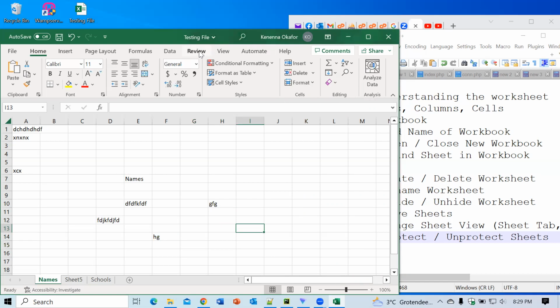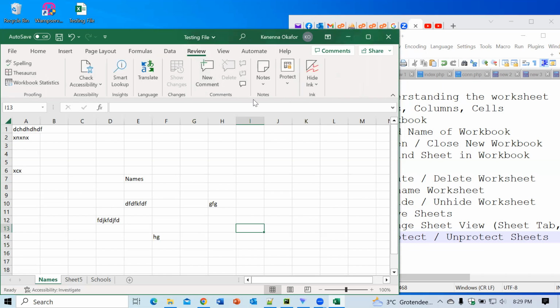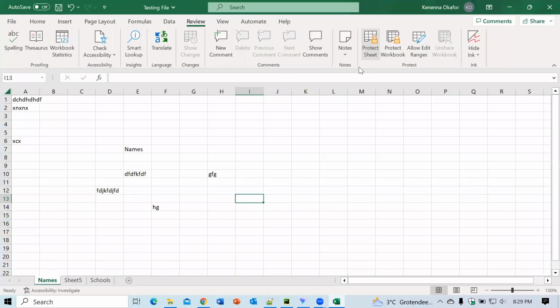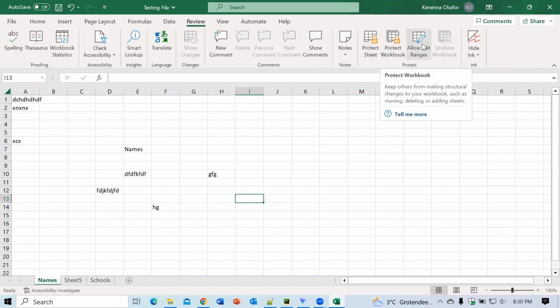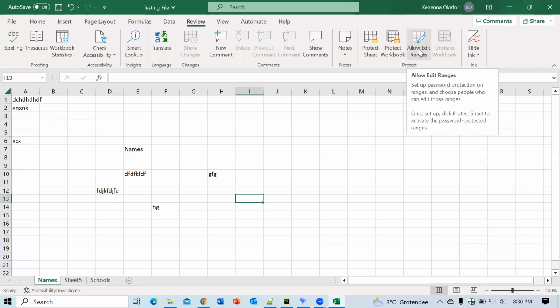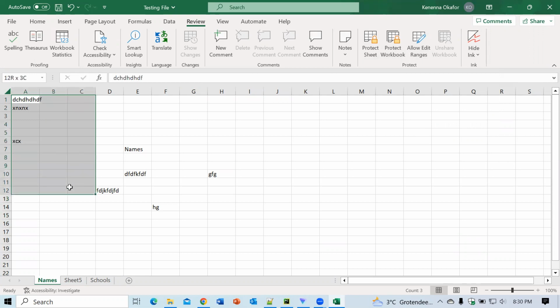I'll go to Review, and you can see under the Review tab, I have this Protect. Click on Protect. Now, if this is wide enough, you can actually look at all of them at a glance: Protect Sheet, Protect Workbook, Allow Edit Range. So what I want to do here now, guys, is Allow Edit Range. So I would say, for example, select just